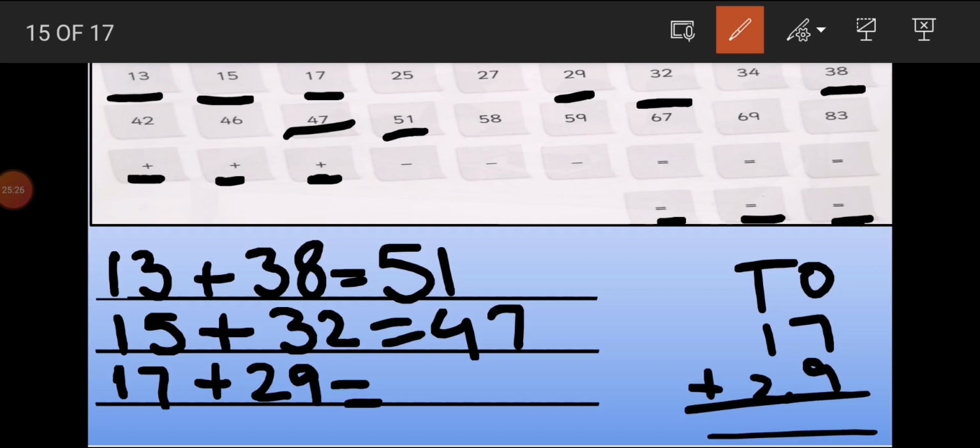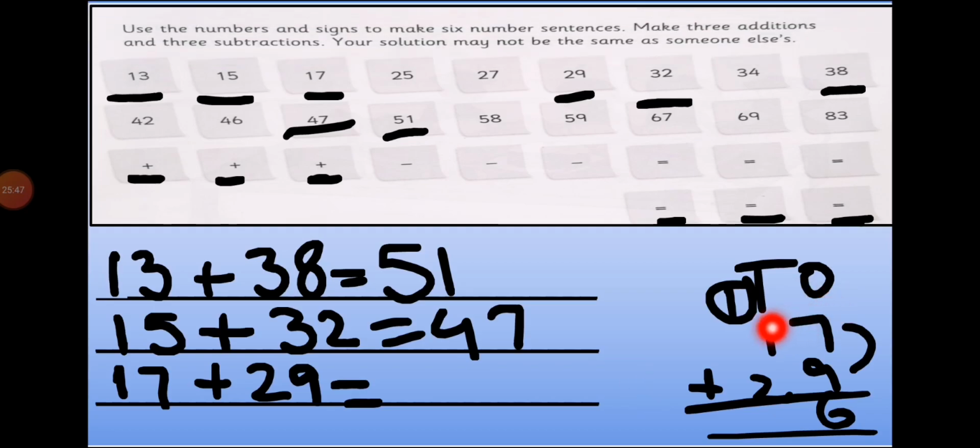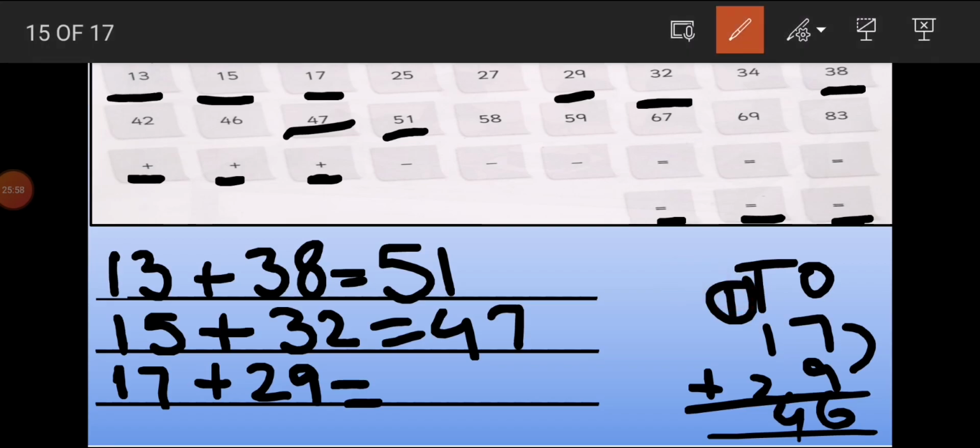Now add them. According to addition, add the ones first. 7 plus 9. 9 in your mind. Now count 7 more with me. 10, 11, 12, 13, 14, 15, 16. Answer is 16. In 16, 6 is ones and 1 is ten. So we'll give 1 ten as a carry. Now second step, add the tens. 2 tens plus 1 ten is 3 tens. Now add the carry ten. 3 and 1, 4. So answer is 46. 4 tens and 6 ones. Is 46 present in this list? Yes, 46 is present here.